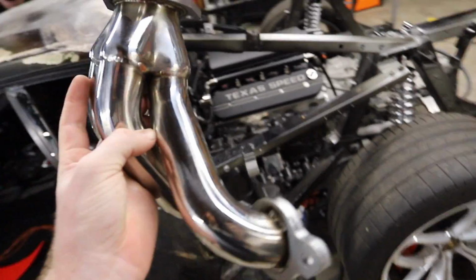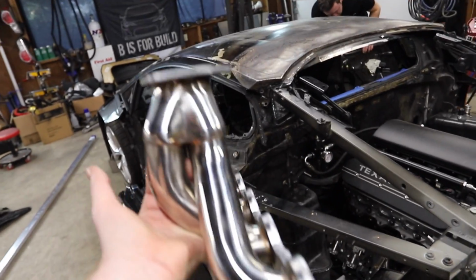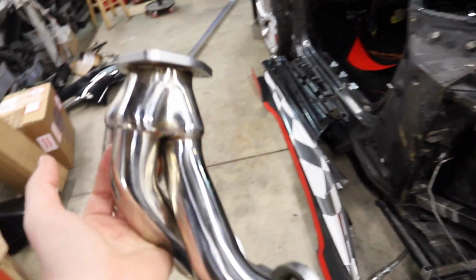And what we're gonna do is we're gonna flip it up, and then from there we're gonna modify, cutting the top of it off, extending it up, building a spot for our wastegate, and then the flange to mount the